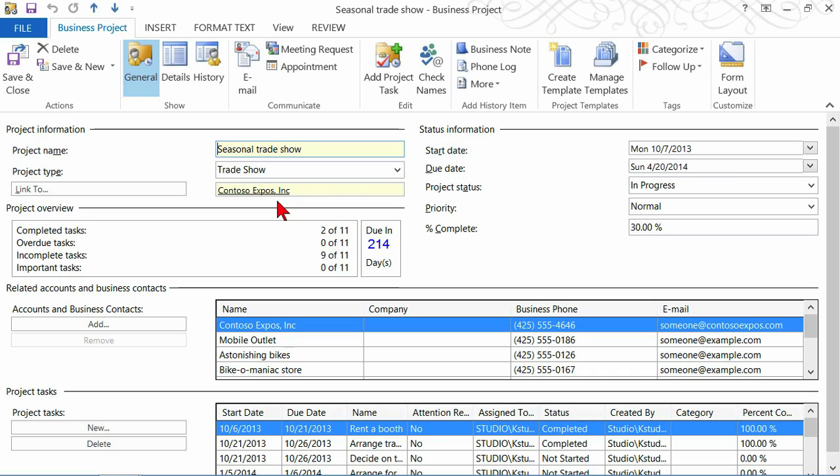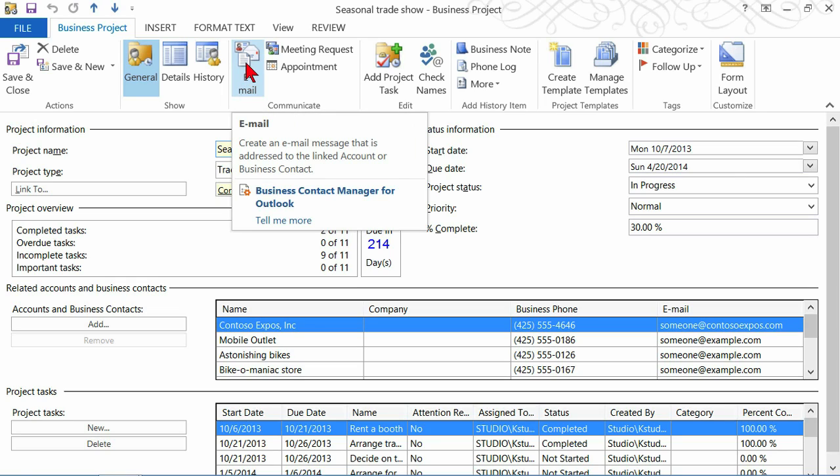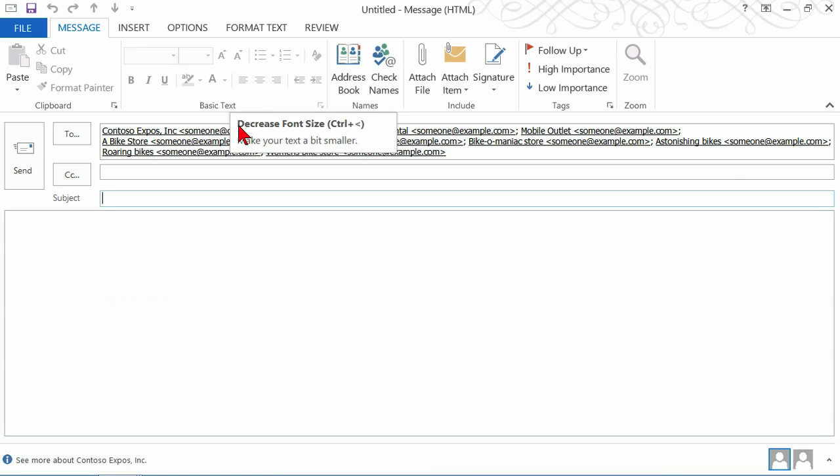Well, sending emails is very, very simple. On the business projects tab here at the top in the ribbons, you have an entire group for communicate. Watch what happens automatically when you hit email. When you click email, it automatically selects every one of those people. Every single account, every single contact that you have established within this project,